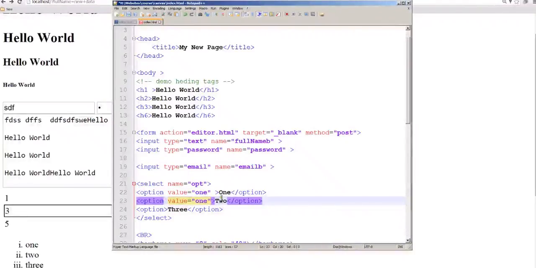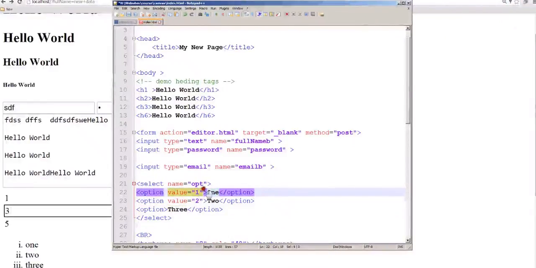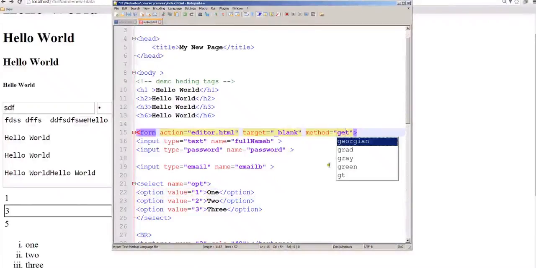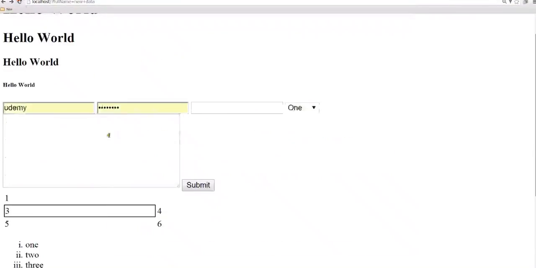It doesn't necessarily need to translate to what the user sees as to the value that we're doing. So we could even do something like this and only pass numeric values back to the back end, but allow the user to see all these values on the front end. So I'm going to change that to get so we can better see what is actually going to get sent through. And here's our selectable drop down. And when we hit submit, oh yeah, this has to be an email now. So just email formatted. And we can see this is the information that gets